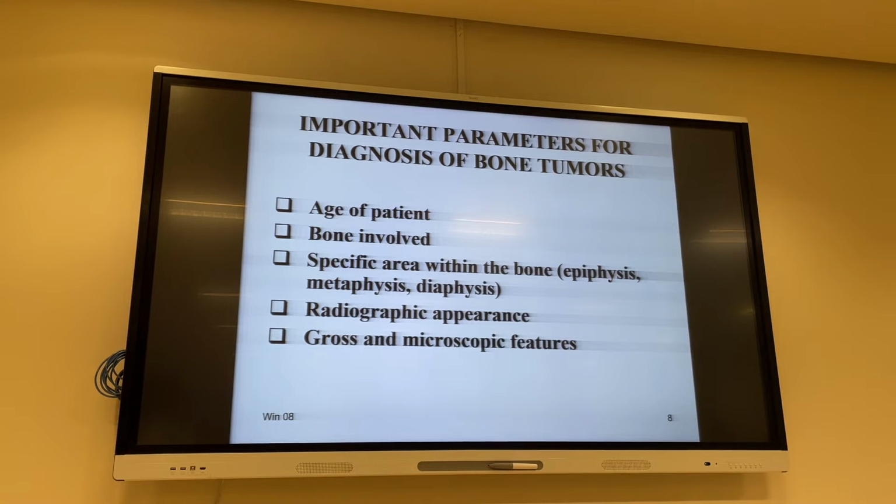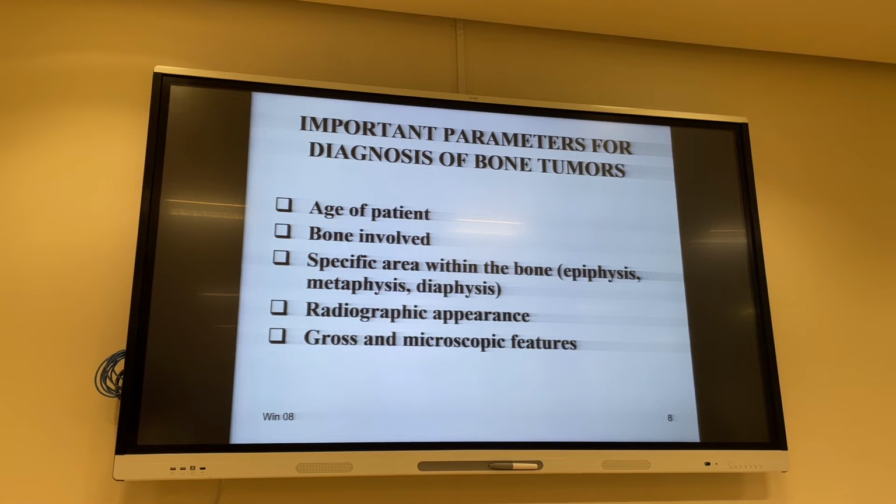Now, a specific area within the bone, we just talked about this, the epiphysis. There are tumors that favor the epiphysis region in the bone. Those tumors are going to be, for example, the osteoclastoma, the giant cell bone tumor that I just mentioned to you. The metaphysis and the diaphysis, and especially the metadiaphyseal region, is the area that is favored to give rise to